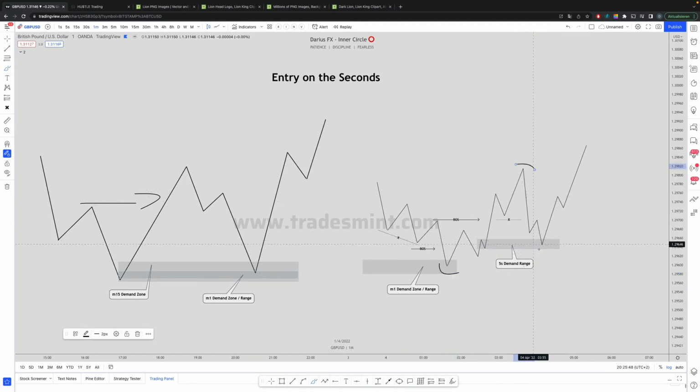We would like to see price returning to it, for instance, at this 5-second demand range. This is the one which is responsible to bring the price all the way back up. Potentially it could even come here if there is something, so keep that in mind. I just try here to give you a little bit of a different example, but we will go anyway in the next video more into detailed examples, plus of course in the trade recaps and so on we will see